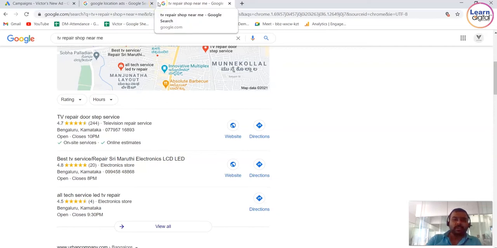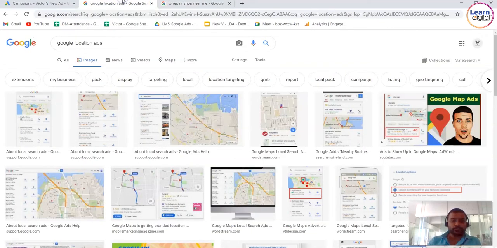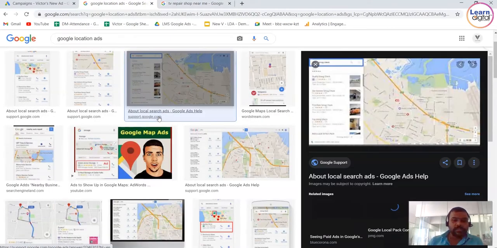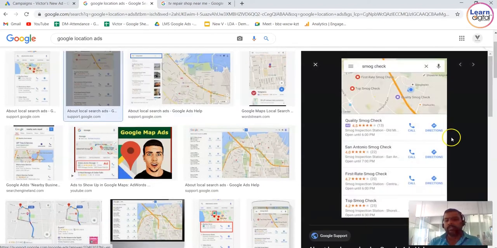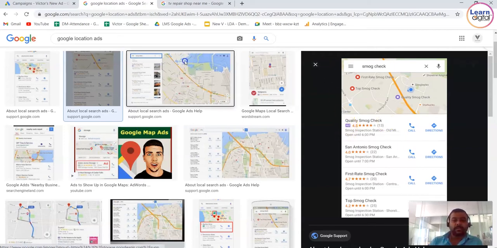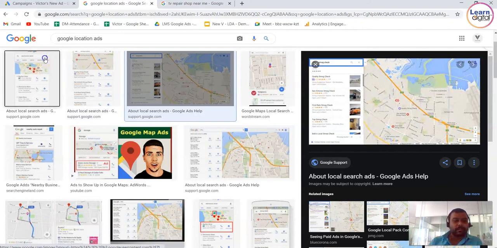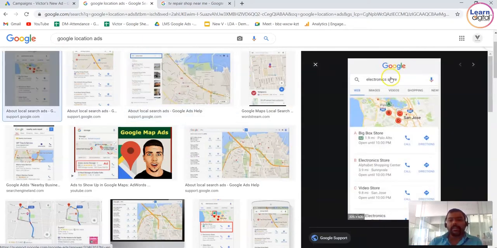Now let us look at an example over here. Yes, this is the best example. Can you see the advertisement here? Such campaigns are being created, guys. Can you see the advertisement, AD, on maps? Such advertisements you can see on maps. Again, AD. When people are looking for an electronic store, your advertisement is at the top. This is not organic, this is a paid result.